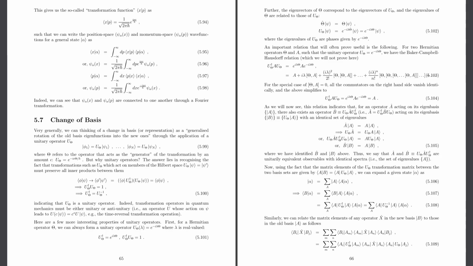Now, if I have an operator A, what is this relation telling us? Let me spell that out a little more clearly. What it's telling us is the following: if I have an operator A which acts on its eigenstates, given by this complete set, then I guarantee to you,